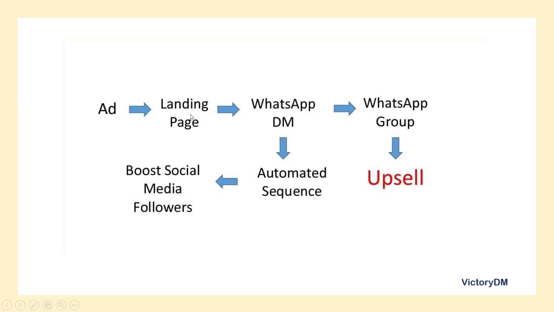So once somebody clicks on that ad, it takes them to our landing page, takes them to our WhatsApp DM, which takes them to our WhatsApp group. That's if you want to do a WhatsApp group training. But if you don't want to do a WhatsApp group training, you can just take them from the WhatsApp DM to your automated sequence, and then you can also use this traffic you are getting to boost your social media followers